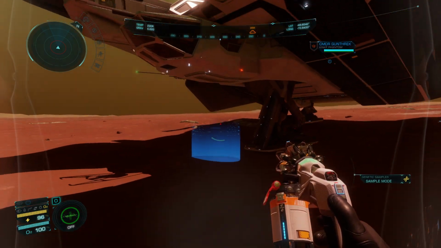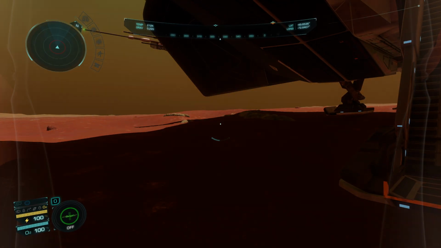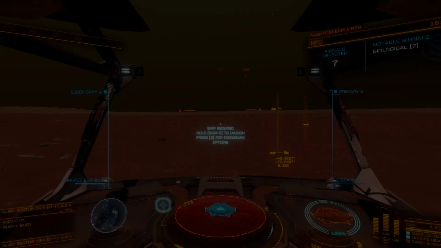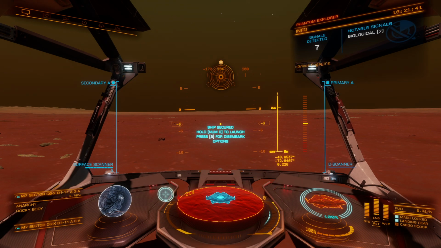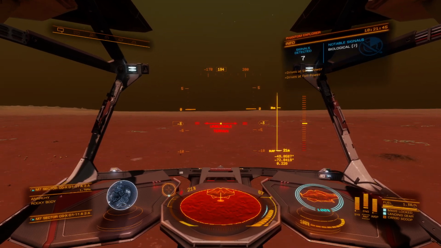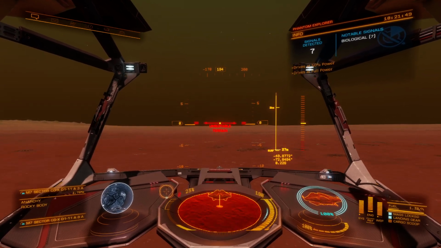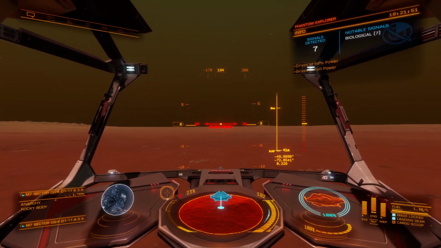Okay, so, let's change direction slightly, and we'll see if we can grab another one. So there's supposed to be 7 different biological signals here, but I don't want to spend too much time on one planet. I think getting one complete set of things is probably enough. So let's get up here. Make sure we're not going to crash. We'll get far enough away from that to ideally...